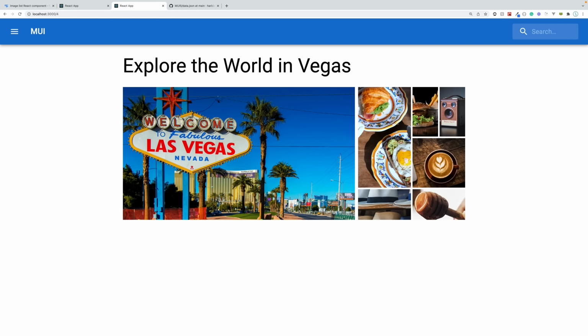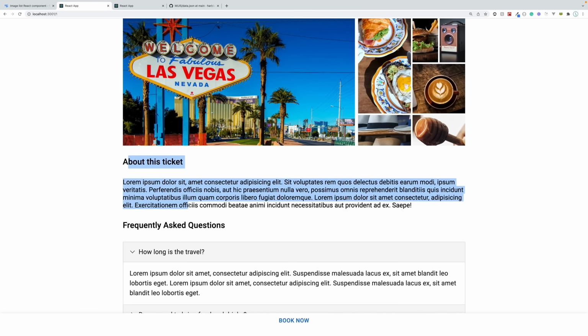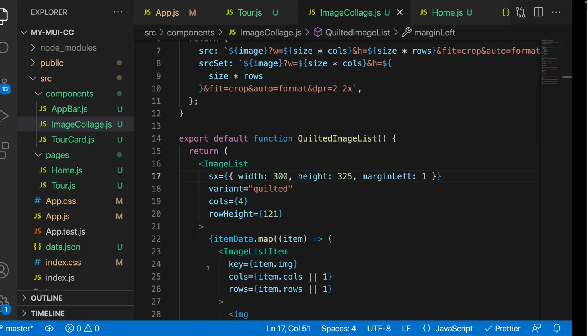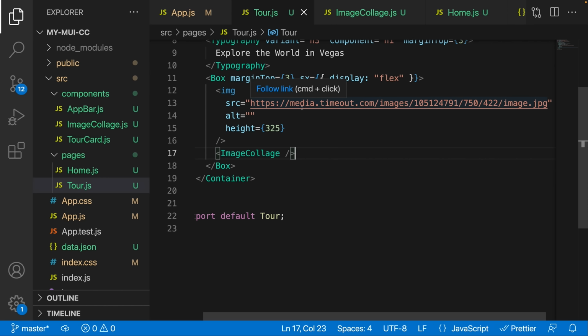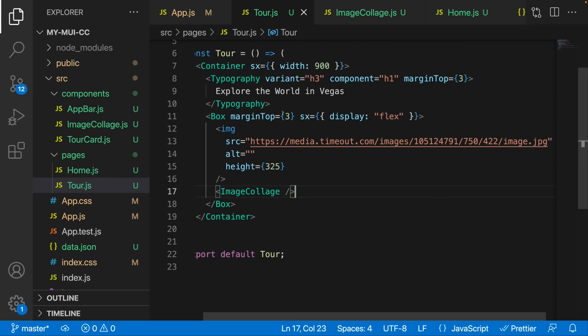So now what do we want to do? Well, the next step is the about the ticket. And this is actually going to be, I think, the easiest thing. This is just very simple typography. So in order to do this, let us go over here to the tours, and in here we're just going to use that typography component. So let's just copy this,